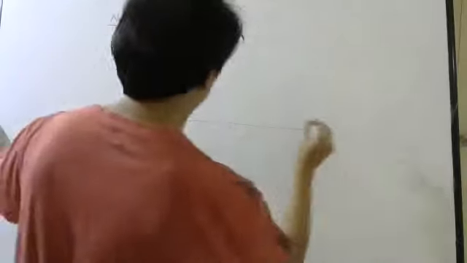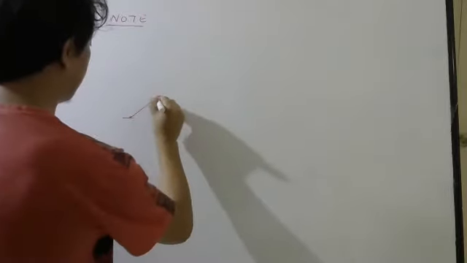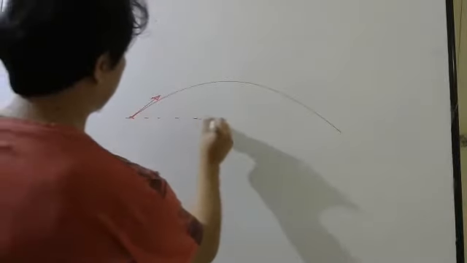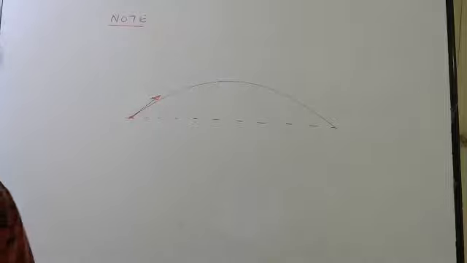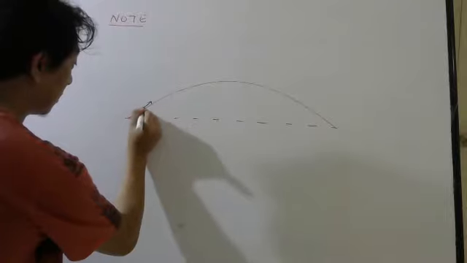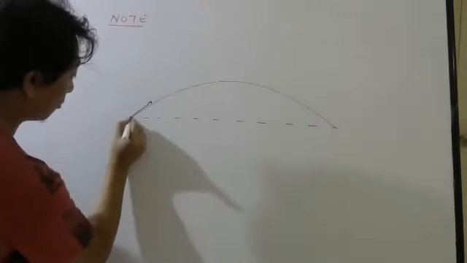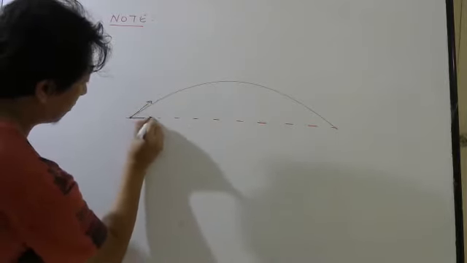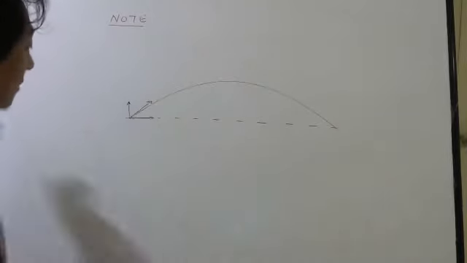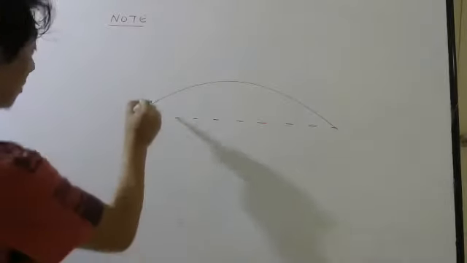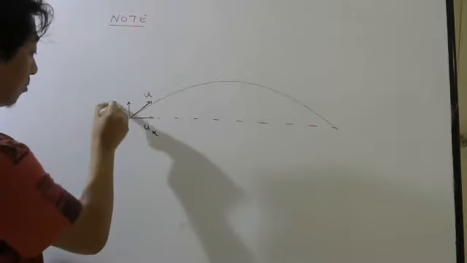So this is ground. You are throwing the body with some velocity like this, right? And then you know it goes in a parabolic path, right? Now, when it was here, this was the velocity. This is your initial velocity. Tangent, you have to do a tangent. So let us measure the x component of velocity, y component of velocity. Is it visible, students? This is your u, this is your ux, this is your uy.